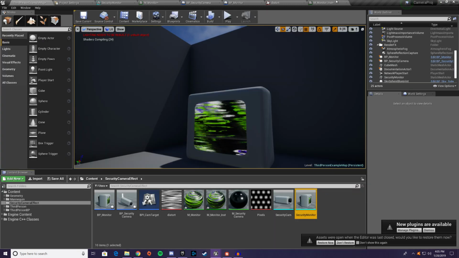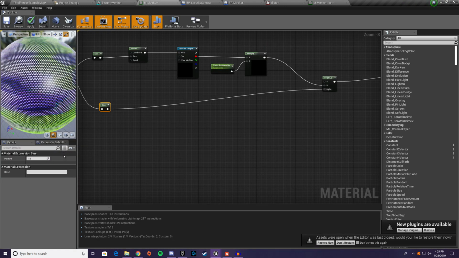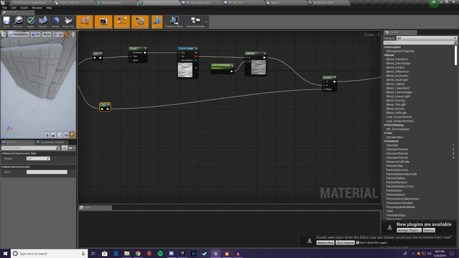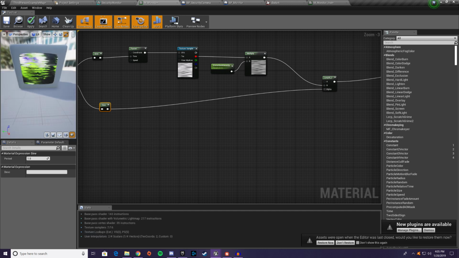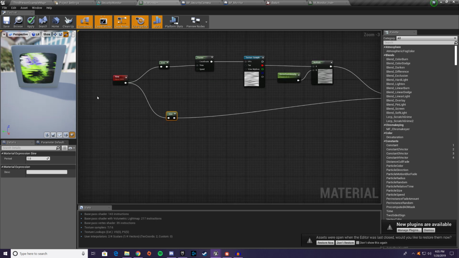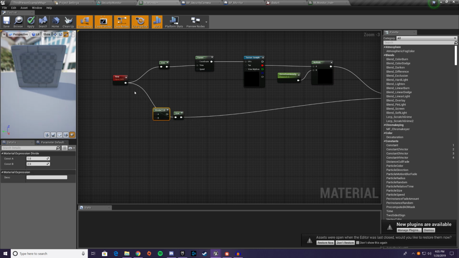And well, actually, I should have done this a long time ago. Make this so we can see the monitor on here. So you can see with the sine, what it's doing is it's not distorting at 0, and then once it gets to 1 or -1, it's distorting it more and more. So we don't want to have it doing it this quickly. So first thing we're going to do